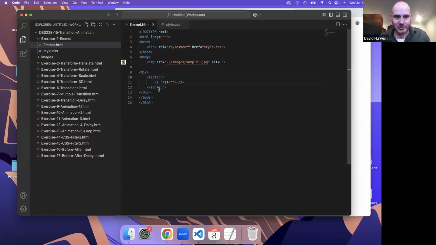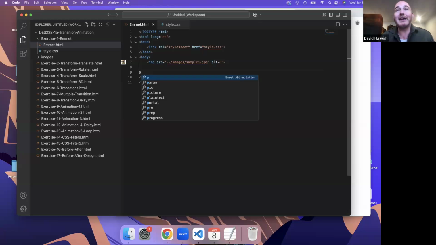Okay. So you can see there's the div, there's the section, and then the link inside of it. So you can do this to really quickly add a lot of content. You can even add dummy content, which is kind of fun. So let's say you want to have a paragraph, but you don't have any paragraph text, you could type in